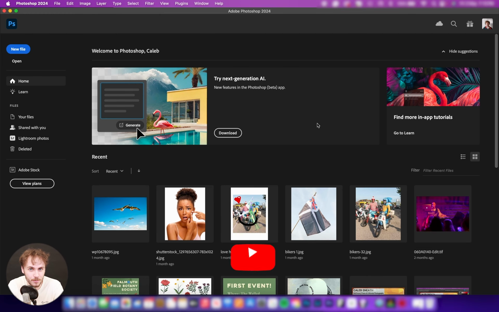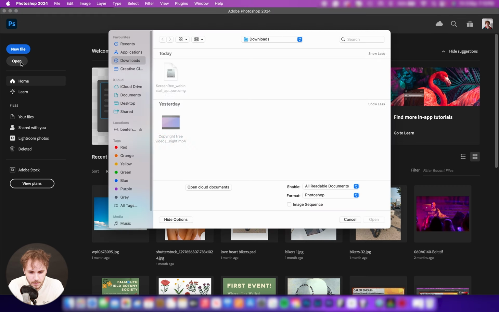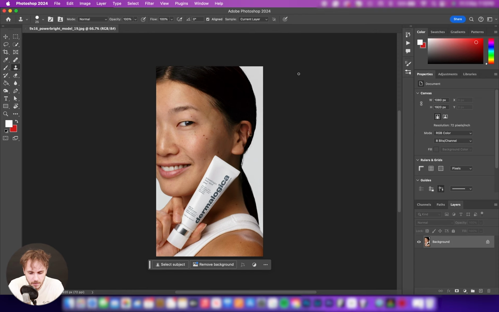Okay, so now you can see my little pretty face in the corner. You can see what my Photoshop looks like. And when you open up Photoshop, it'll look something a little bit like this. If you haven't used Photoshop before, you probably won't have all of these down here. So what I'm gonna do is I'm gonna open up an image in Photoshop. So today you click open here, and the first image I'm going to open up is this one, because Photoshop